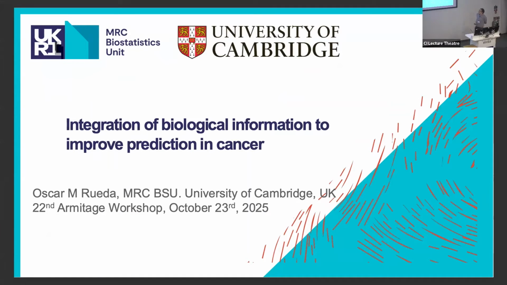I would like to talk a little bit about integration, different types of data strategies in the context of cancer research. Before that, I would like to just clarify a bit of nomenclature that I'm going to be using. First of all, I'm going to be talking about different data modalities. And with this, I mean different data types, but I'm also meaning different ways of characterizing the features of a